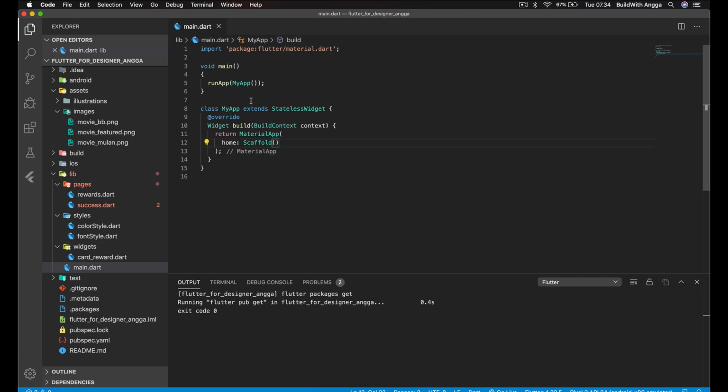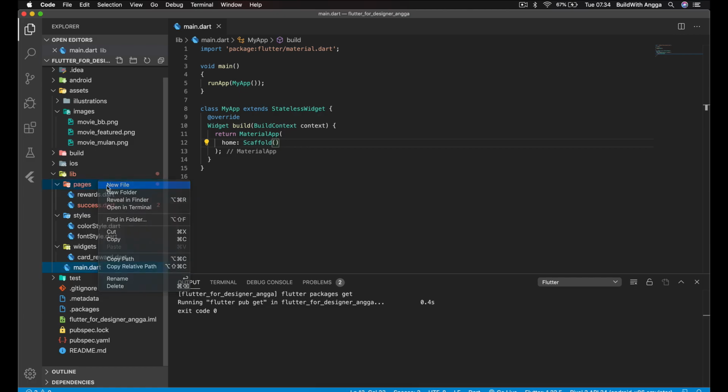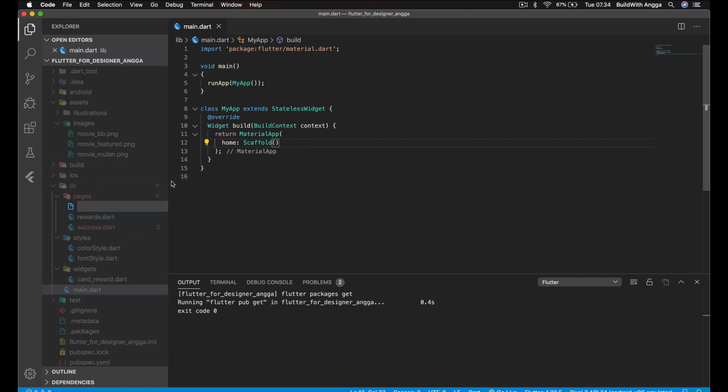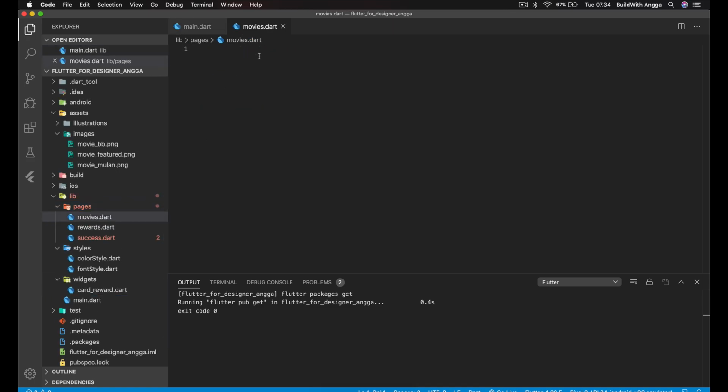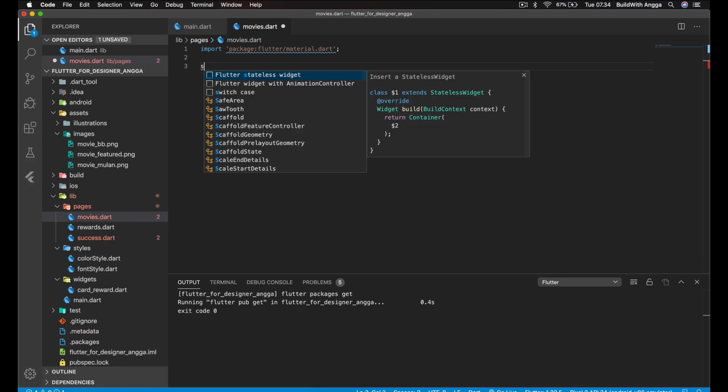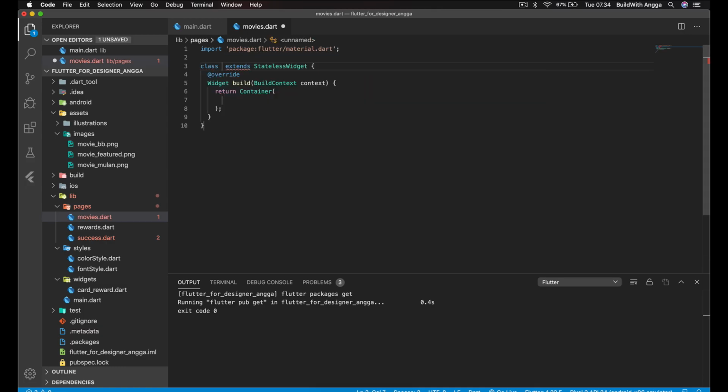In Visual Studio Code, in the pages we need to create a new file, which is movie dot dart, just like that. We need to import material.dart because we're going to use it, and then stless, we call it MoviesPage.